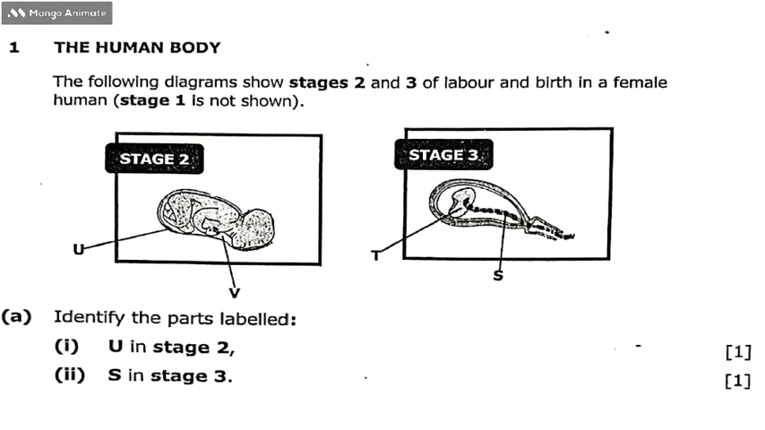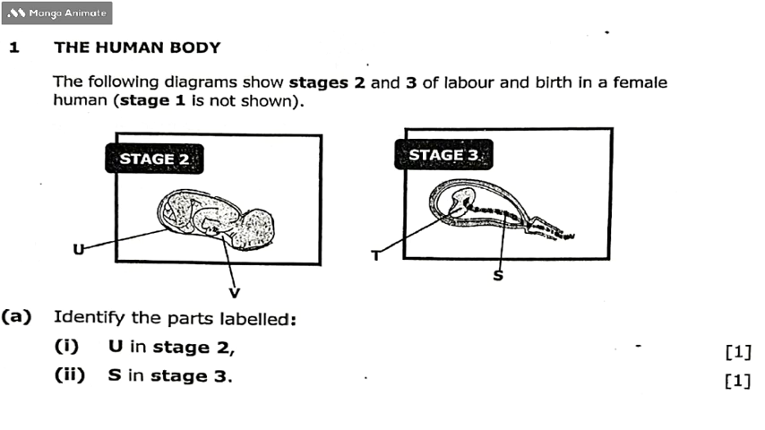Okay, so question 1 from section B was coming from the topic of the human body. The question is as follows. The following diagrams show stage 2 and stage 3 of labor and birth in a female human. Stage 1 is not shown, so there is no stage 1 in this question. They have just shown stage 2. So the question